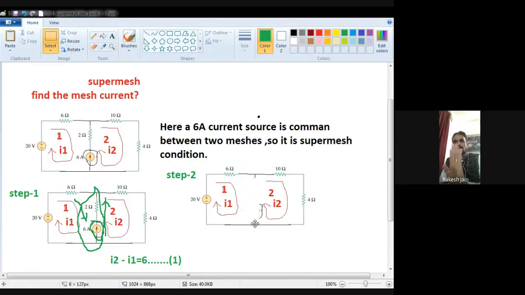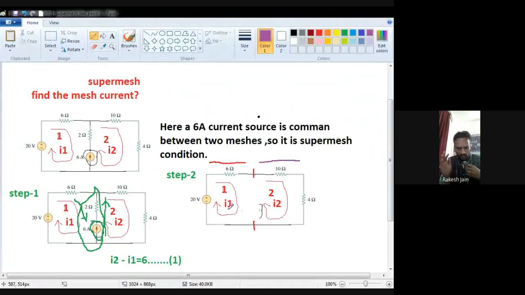First step to solve any super mesh problem is just see the direction and value of the current source which is given, or which makes this question a super mesh. At the right hand side write down that value, and at the left hand side just see that for that branch how many currents flow.